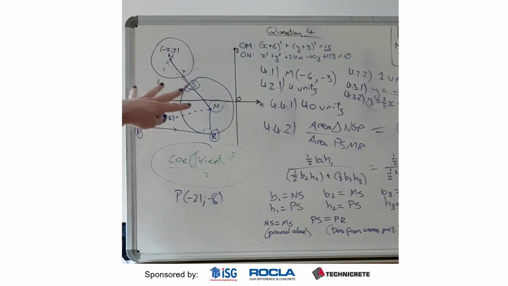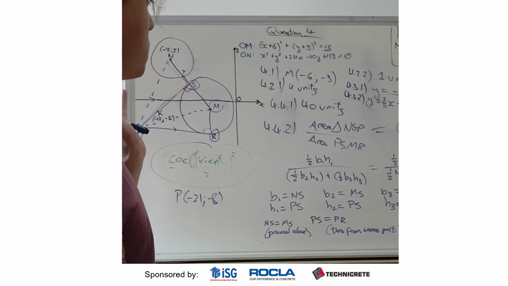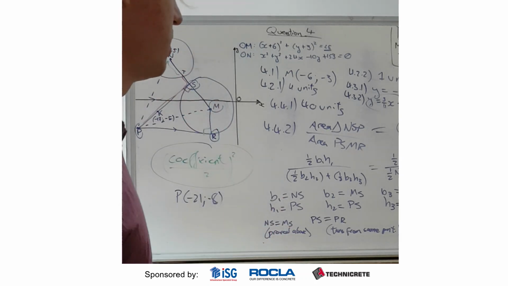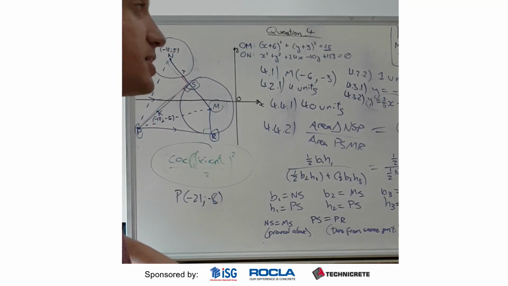You could also go for a coefficient triangles route. I feel like that's going to take you a little bit longer. Okay, and that's the end of question 4 for last year's June